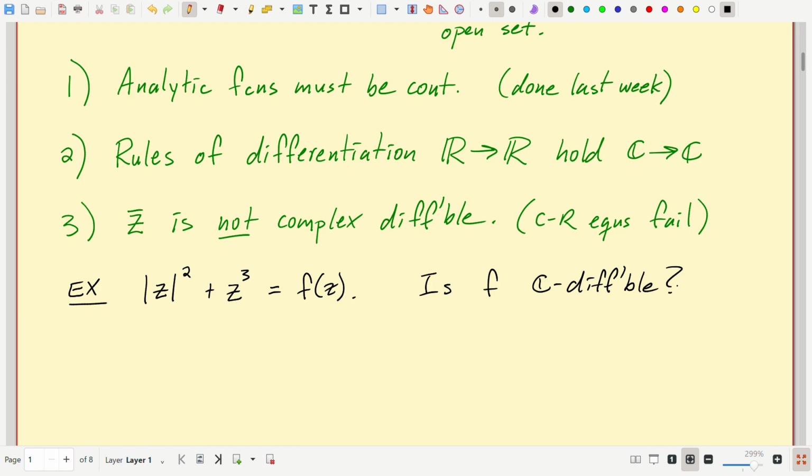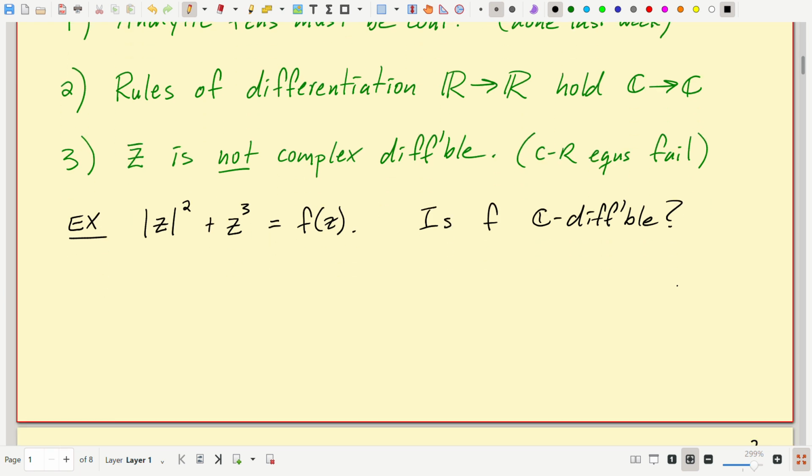Okay. Well, let's think about that. I want to write f of z like this. f of z, the modulus of z squared is z times z bar, plus z cubed. So if I start thinking out loud, if f of z were complex differentiable,